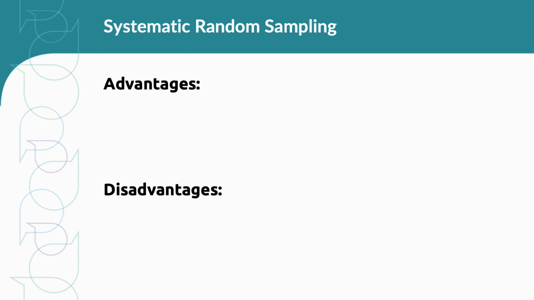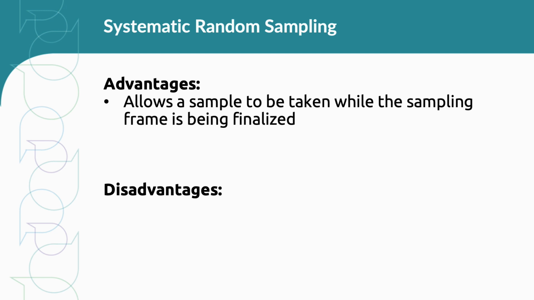One advantage of systematic random sampling is that it allows a sample to be taken while the sampling frame is being finalized, so it can be used when a full list of participants is unknown. Another advantage is that, like other types of random sampling, each unit has an equal probability of being selected, and